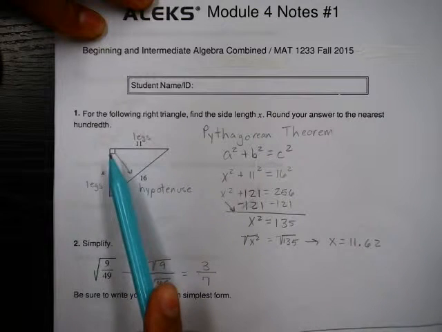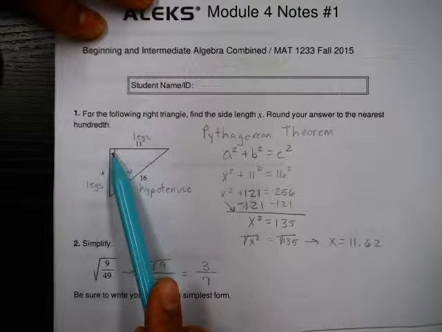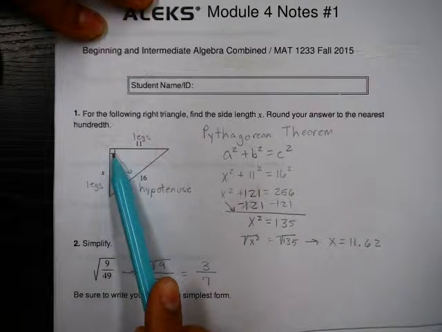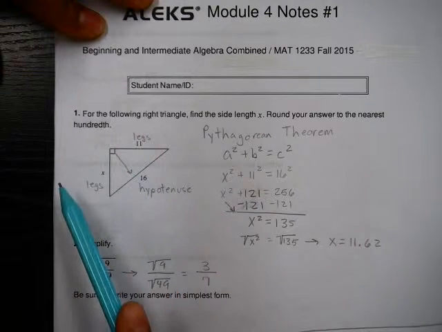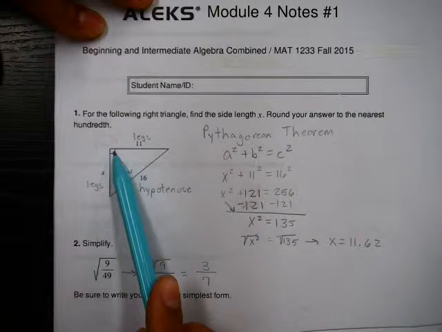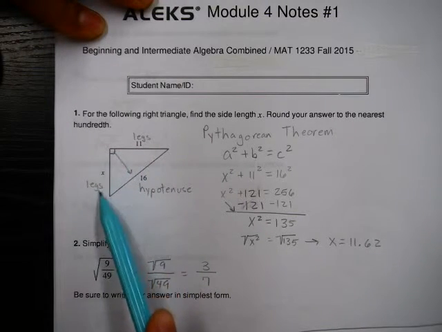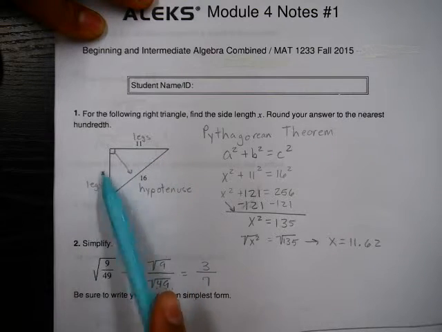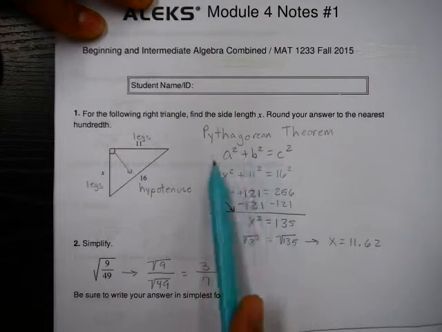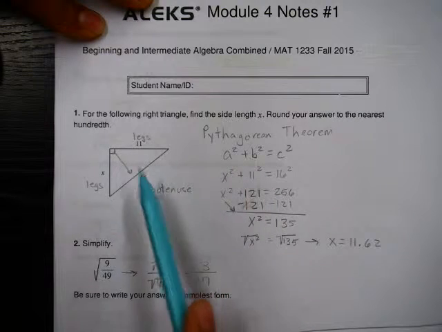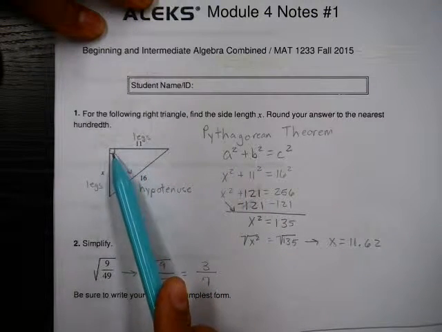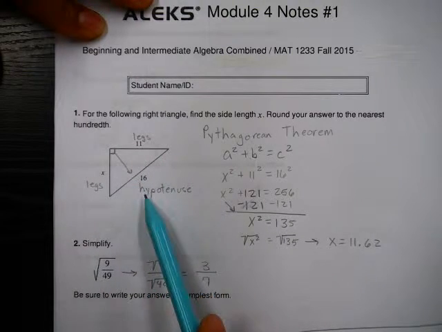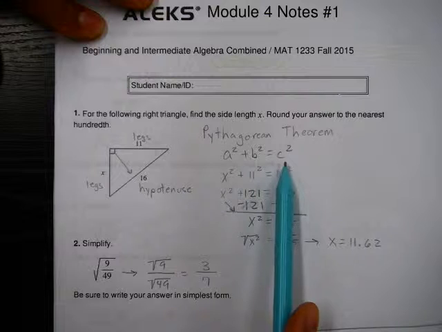If we look at our right triangle here, it's a right triangle because you have a right angle, and it's usually denoted by that little square in one of the corners. The sides that are attached to that right angle are called the legs of that right triangle, which go into either A or B. It doesn't matter which one. But the side that is opposite or across from that right angle is called your hypotenuse, and hypotenuse goes into